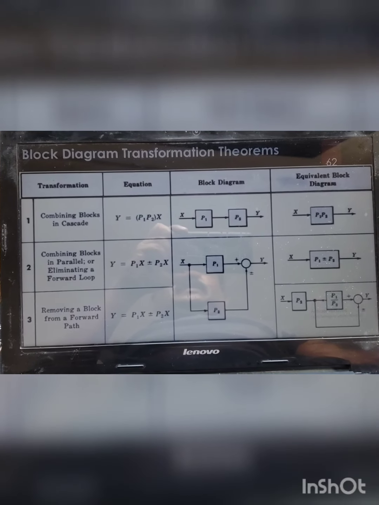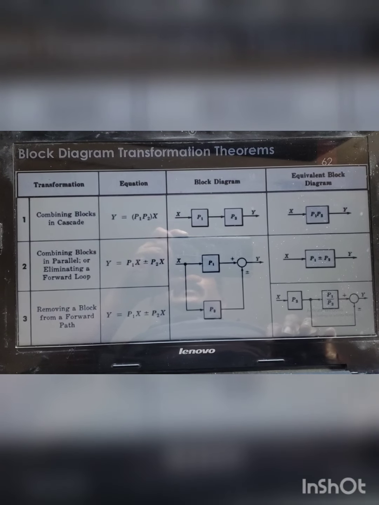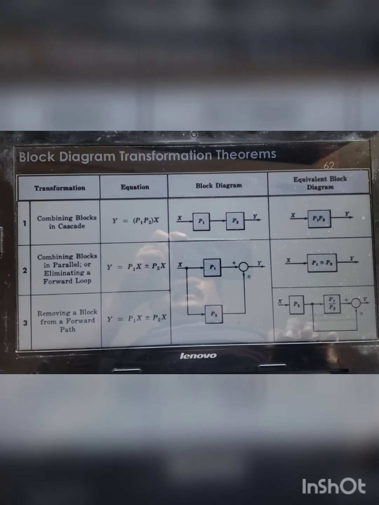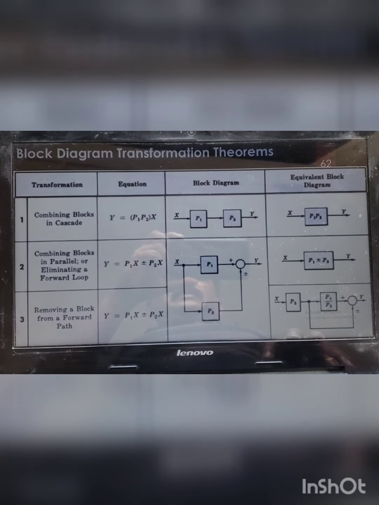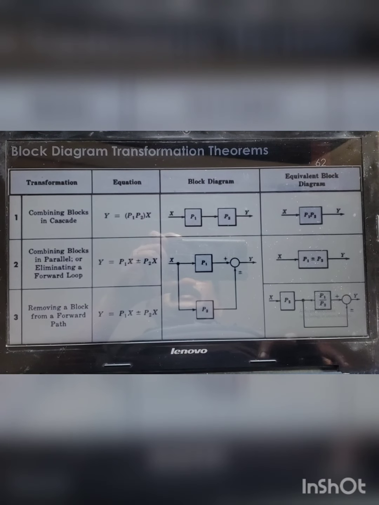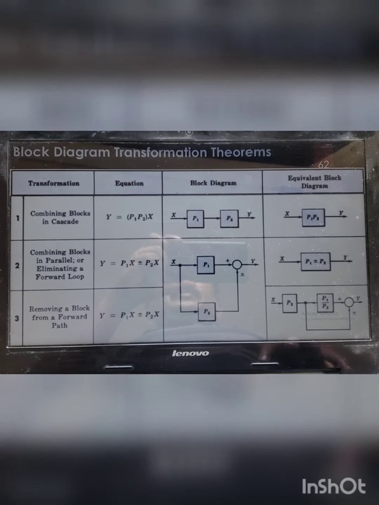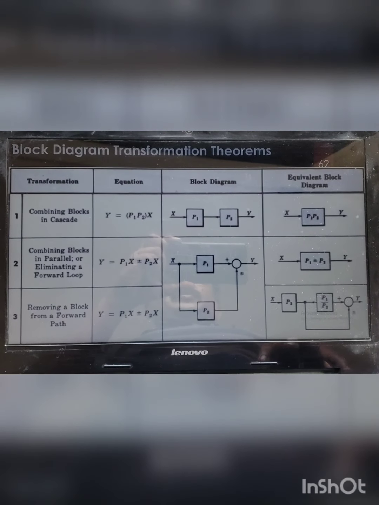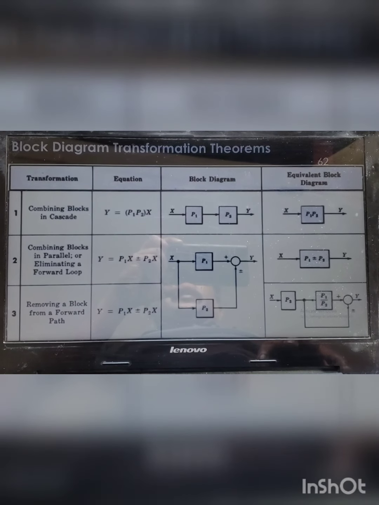Now you can see the different block diagram transformation theorems, that is 1, 2 and 3. First, when two blocks are in series, you are supposed to multiply these blocks as an equivalent block diagram. Then if they are in parallel, depending upon the summation points, you can say either P1 plus P2 or